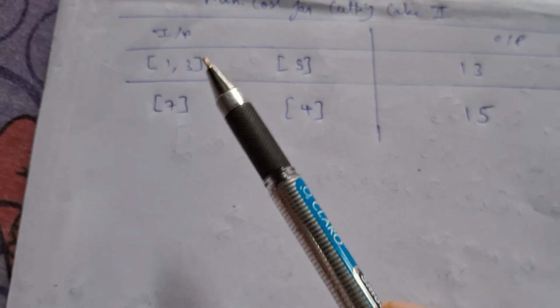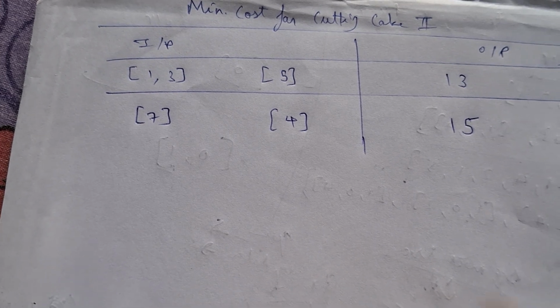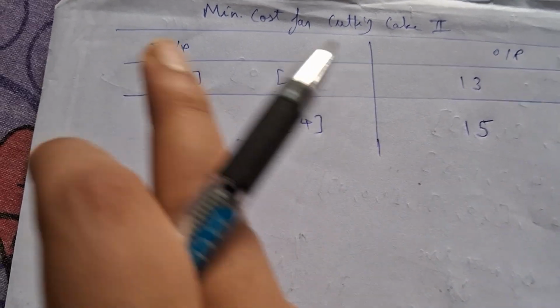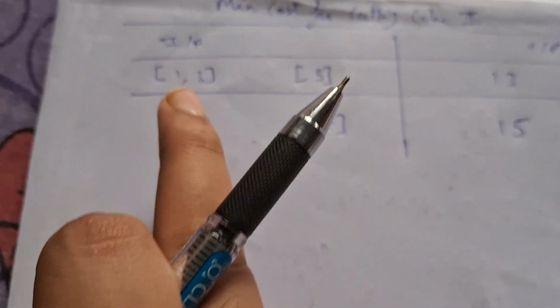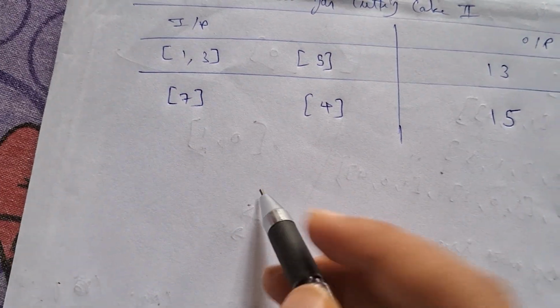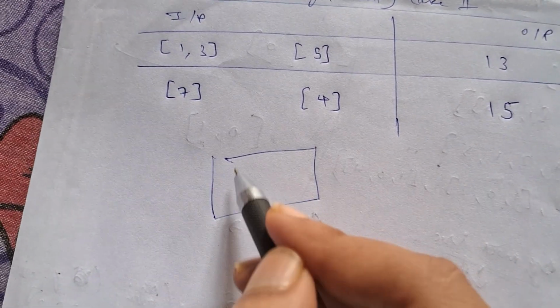The problem statement is very simple. You're given two arrays. One array states that if you're cutting a thing horizontally, then what is the cost of it? That is according to every, let's say we have a